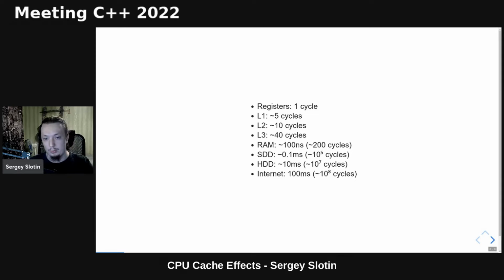So because of these huge timing differences, before optimizing anything else in your program, you really need to optimize its memory efficiency. And to perform more fine-grained optimization, a simple awareness of the cache hierarchy is not enough. You also need to take into account the many specific details of how the CPU cache system works. And in this talk, over the next 50 or so minutes, I will discuss these finer details and hopefully teach you how to make use of them in real applications.